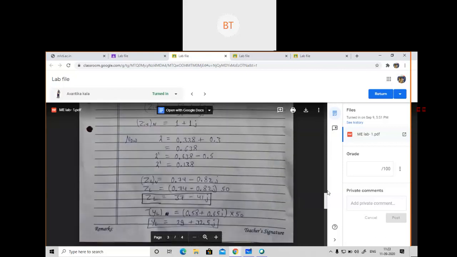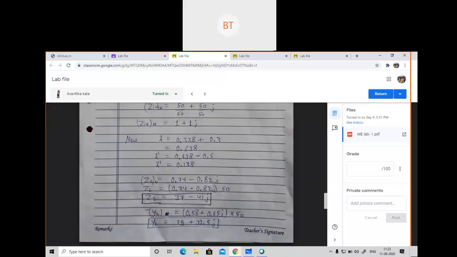So let me check it. Avantika, your impedance is 37. Okay, your impedance is almost correct. The ZL value is almost correct, because the value is 37.97 minus J441.88. You have not written the digits after the point, but this is correct, so I'll consider it correct. And for admittance, we are getting 29. So the admittance value is actually wrong. Your ZL value is correct, and the YL value you are getting is somewhat wrong.